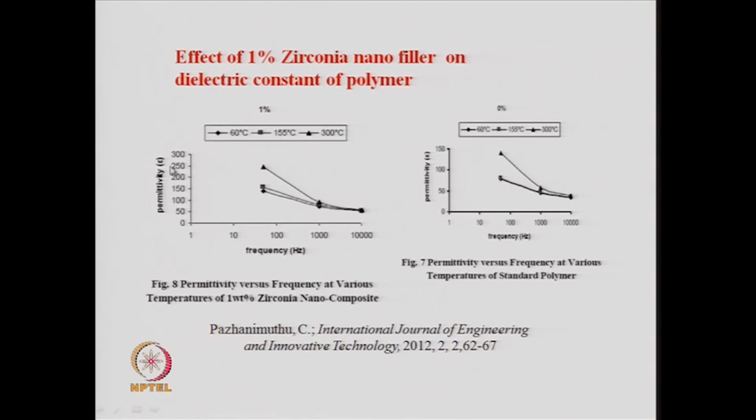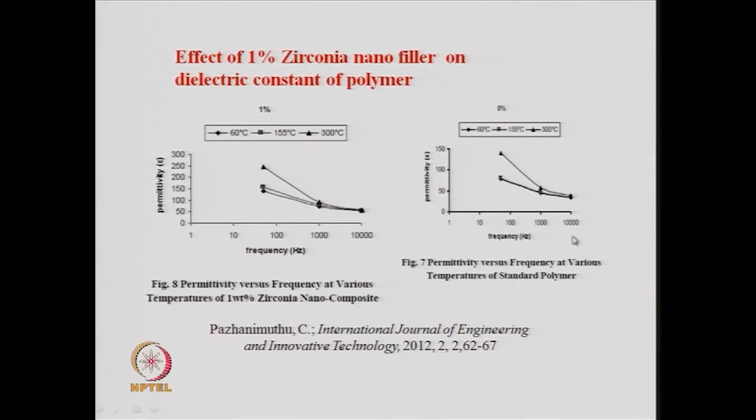So, here we are looking at the dielectric constant, which is related to permittivity, and the permittivity as a function of frequency. And you see the permittivity is for 1 weight percent of nanofiller added to the polymer, and this is the drop in permittivity as a function of frequency. In this case, there is no zirconia additive, so there are no nanoparticles, 0%, and then you see how the permittivity varies as a function of